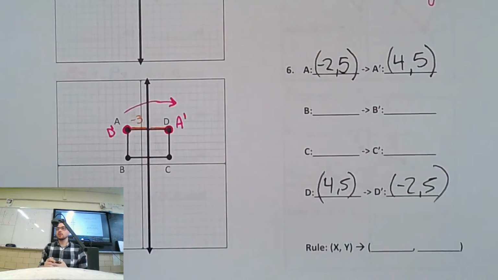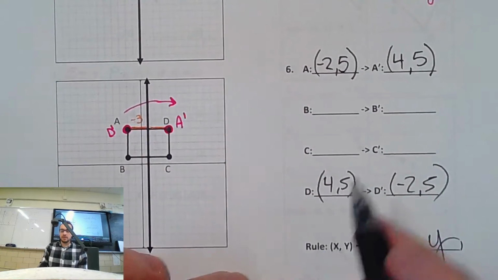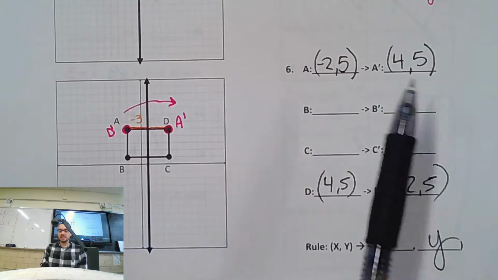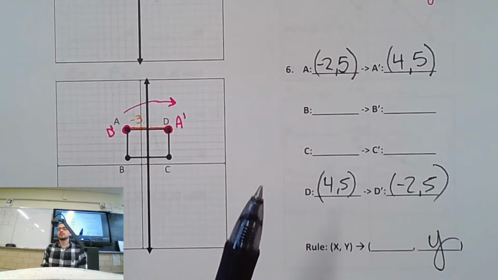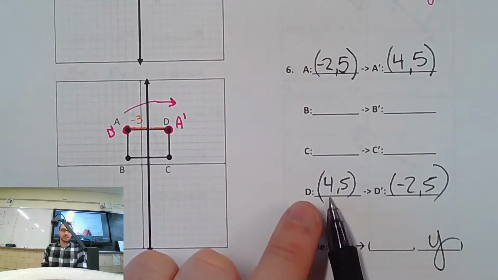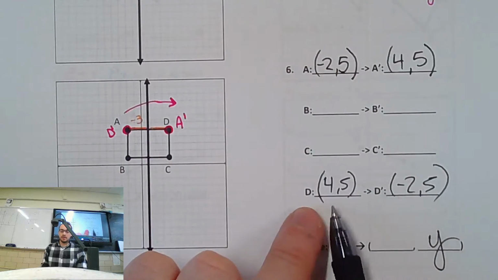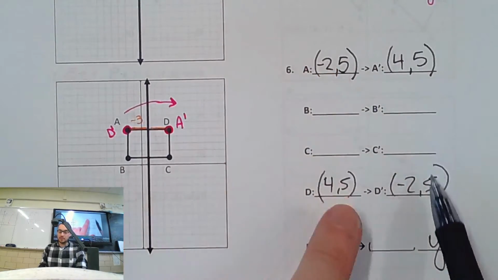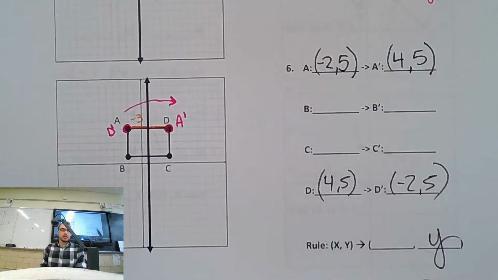So now let's look at these for the rule. Gentlemen that are running ahead, I bet you guys said that you keep the y and that you either times by negative 2 or add 6. Did you say either of those? Okay, because if you did, you'd be wrong, because look down here. If I add 6 to 4, do I get negative 2? If I times by negative 2, do I get negative 2? No. So it only works for the top. We do keep the y, right? The 5 always stays. That works for all the coordinates. But the x is going to be different.